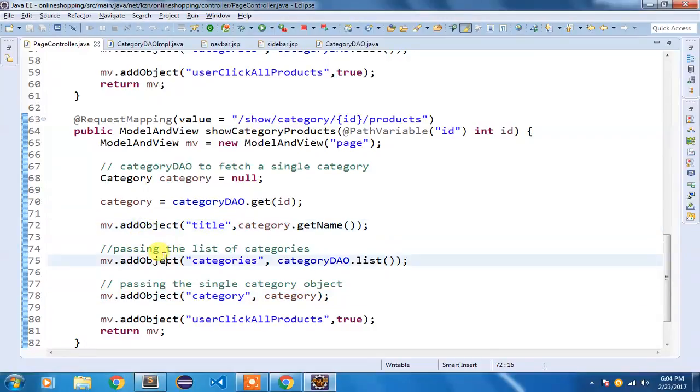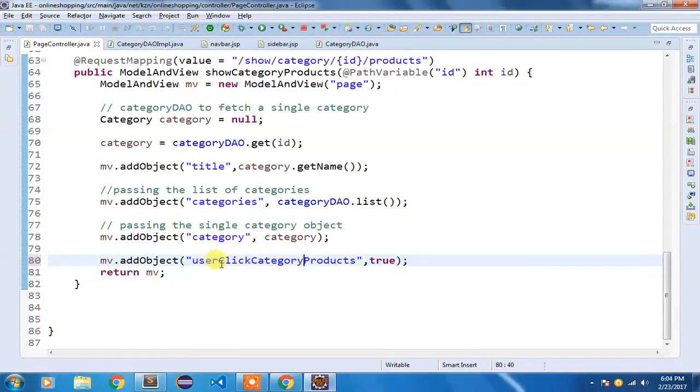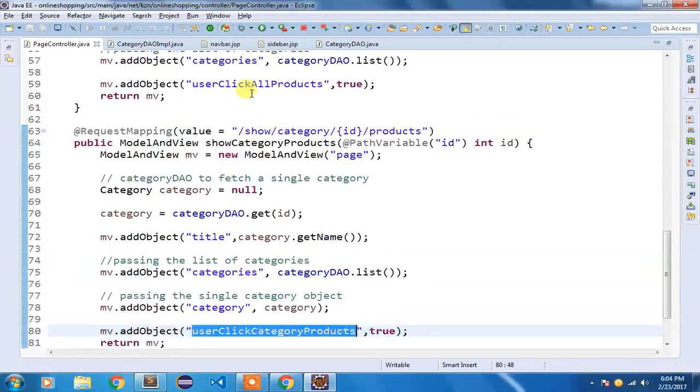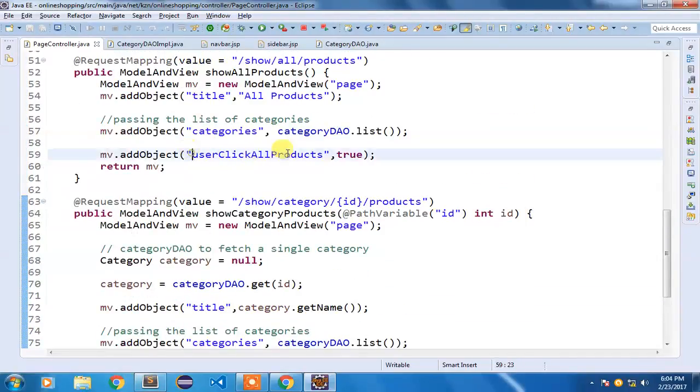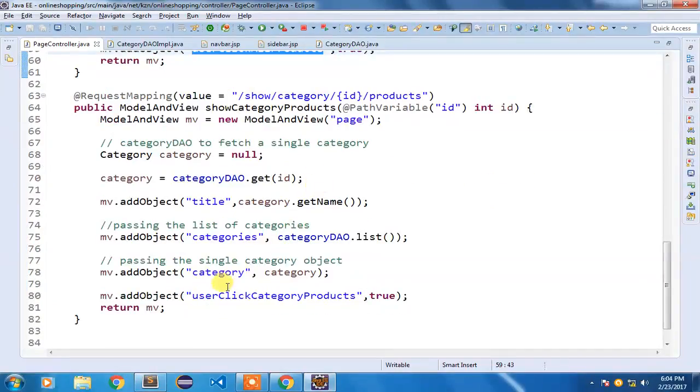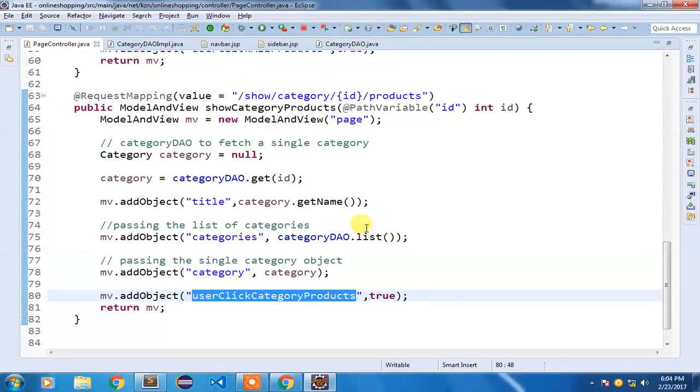So three objects we are passing, that is title, categories, and category. And instead of writing user click all products, I'm going to say user click category products. So we have to map this object using which we can control which page to load. So user click all products and user click category products.